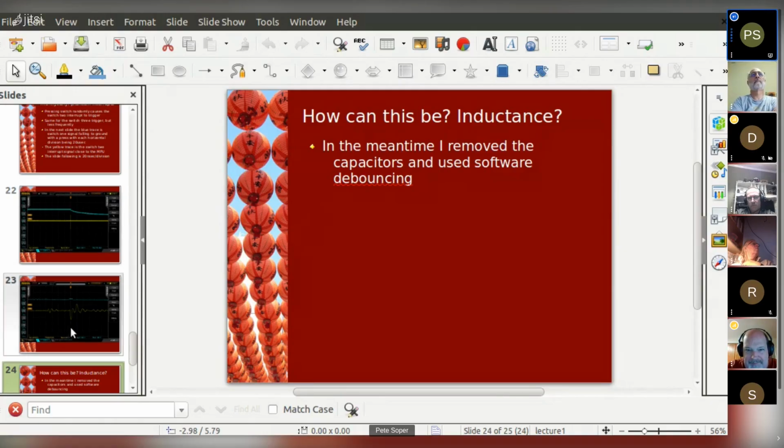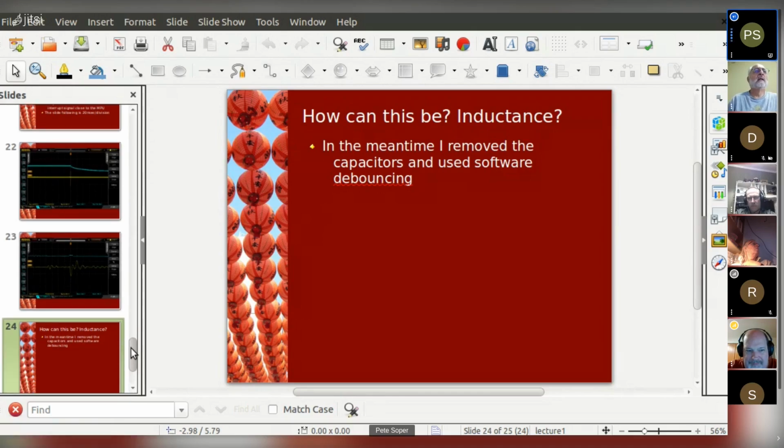But just to summarize this, at this point right now, for me, this is academic. If I revisit this, I will do exactly what you're recommending, and that is design the time constant to be appropriate to the specific switch. And I've seen switches like you were saying, Scott, where the thing bounces for many milliseconds. Hundreds of milliseconds, yeah, I've had a switch go as far as 200 milliseconds before.